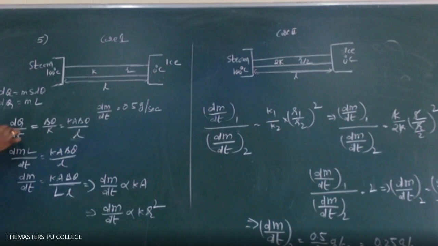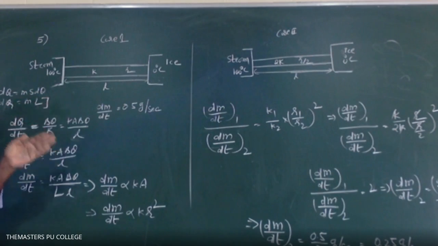What is the dq by dt formula? Rate of heat equals dq by dt. Which formula do you need to use? Remember students, once again I am telling that if the temperature of the substance either increases or decreases, then heat absorbed or heat given out can be calculated by using the formula dq equal to ms d theta, where m is mass, s is specific heat, and d theta is the rise or fall in temperature.